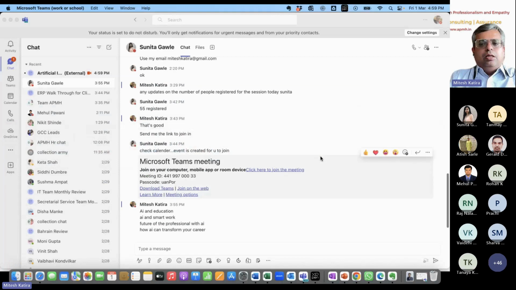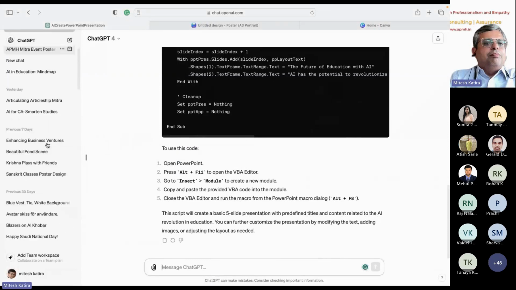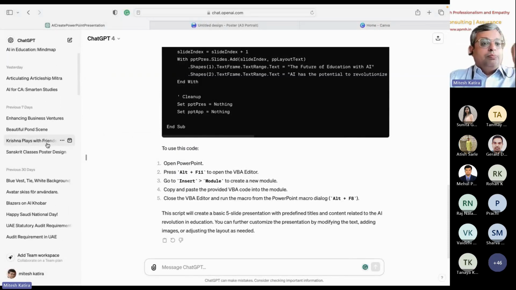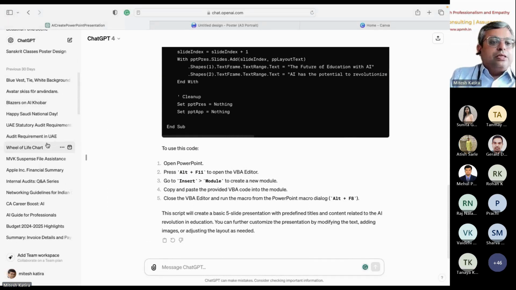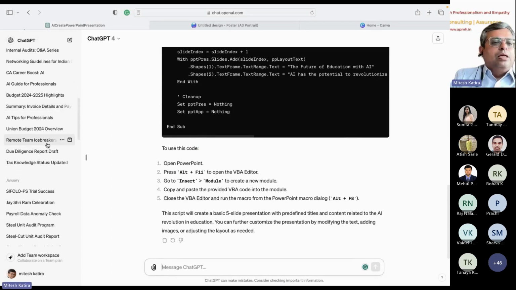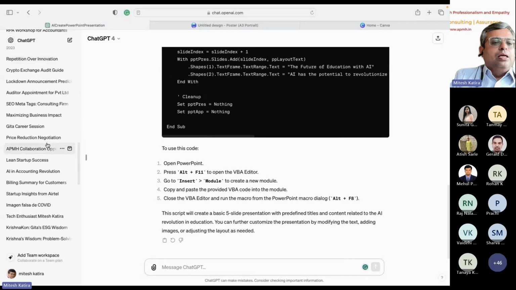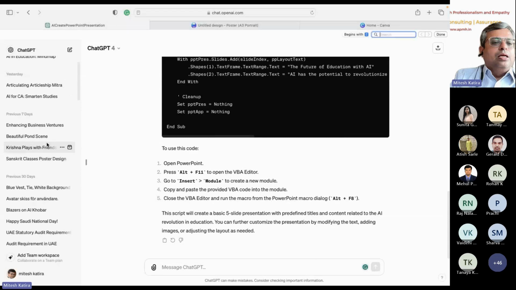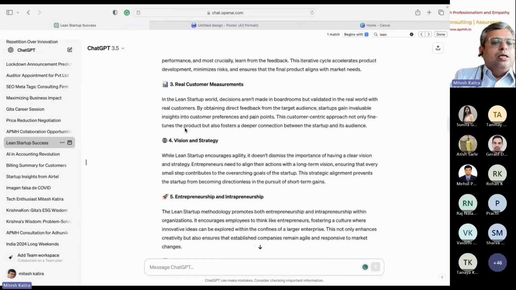आई विल गिव यू वन क्विक एग्जांपल बिफोर वी वाइंड अप द सेशन. In case of chain of thought prompting, I was making an article on the lean startup, one of the startup books which I love and have been reading for a while. उसके अंदर मुझे एक आर्टिकल लिखना था लिंक्डइन पे, तो मैंने मल्टीपल सवाल पूछ करके उसको डिफाइन किया और एक आर्टिकल बनाया. लेट मी सी इफ आई कैन फाइंड द लीन स्टार्टअप. हाँ, मिल गया. तो यहाँ पर मैंने इसको मल्टीपल सवाल पूछे.